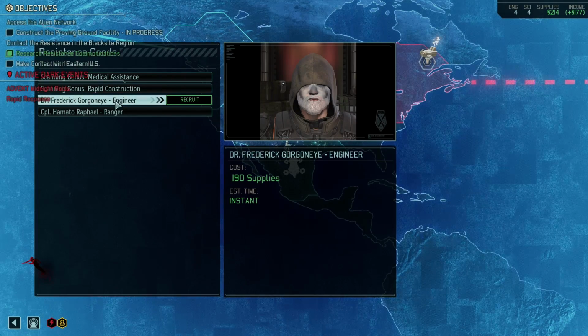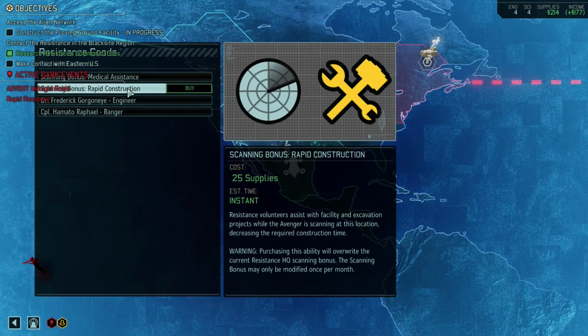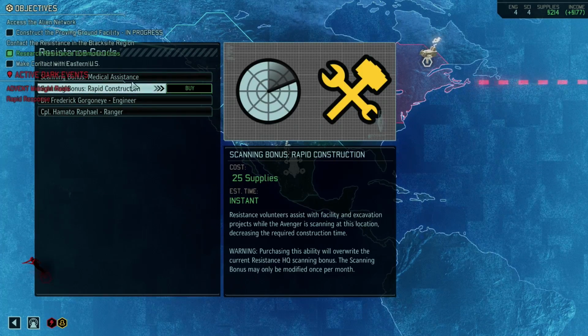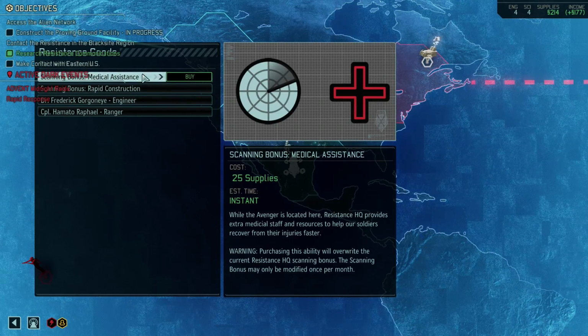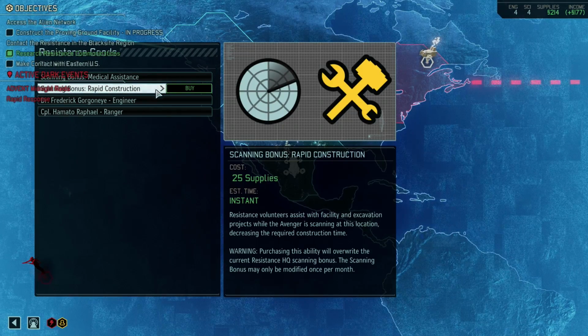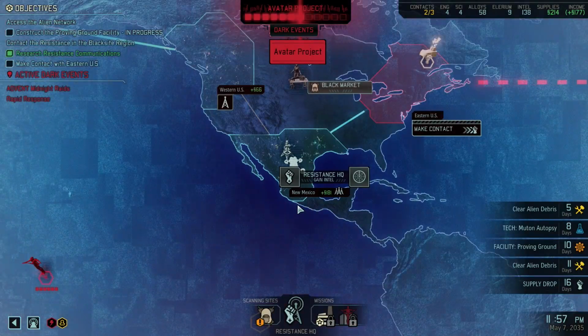Dr. Frederick Gorgonai here as an engineer, but I don't think we need that just yet. And then these, just for people that don't know, if you want to, you can pay 25 supplies so that when you scan at the base, these things happen. Like, you can heal faster, or you can build faster. They're not bad. If you have nothing else on the map going on, then you can do that, but...